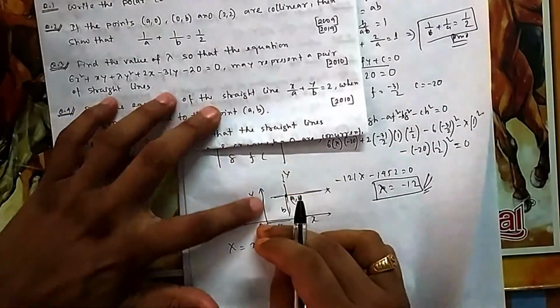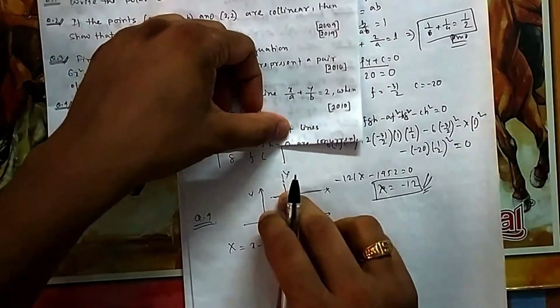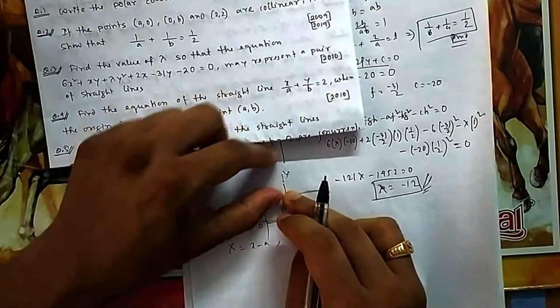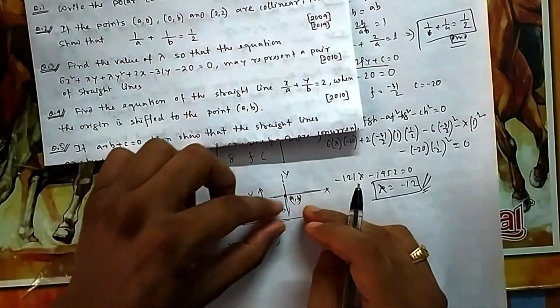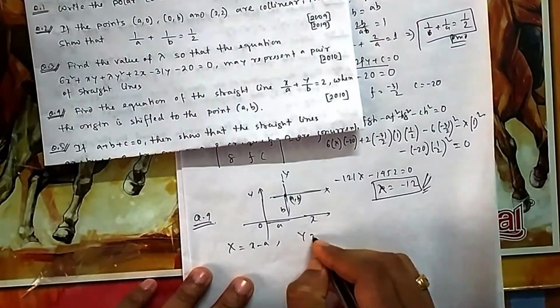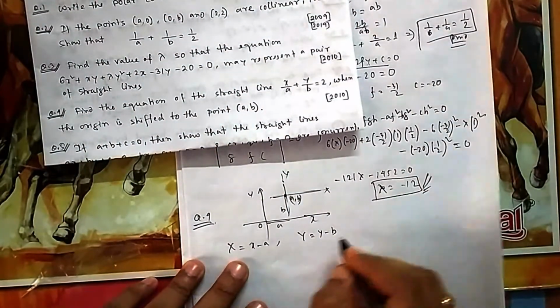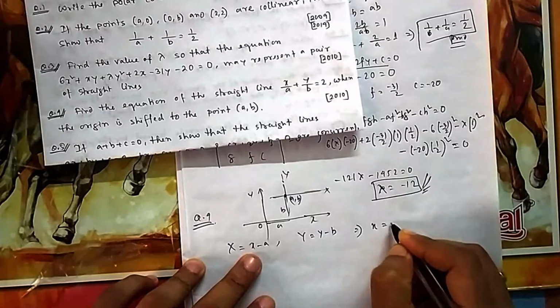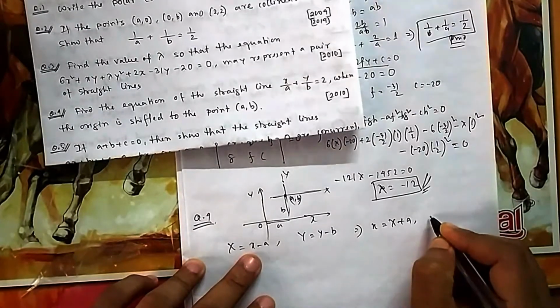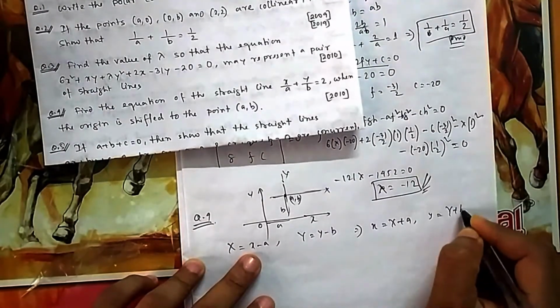And y also, earlier from here it was up to y. Now from here it is whatever up to y. So this y is reduced now. By how much is it reduced? By b. So capital Y is y minus b. You can remember it this way, which implies your small x is equal to capital X plus a, and small y is equal to capital Y plus b.